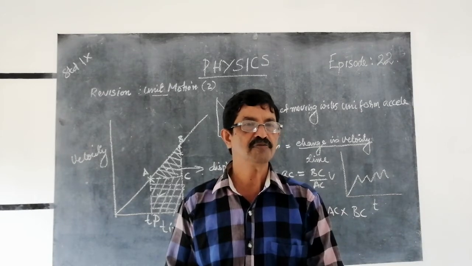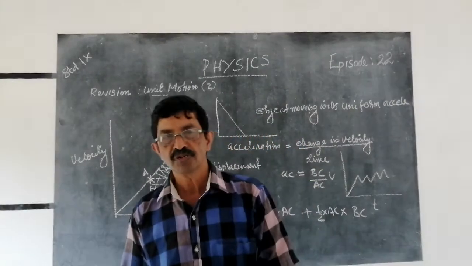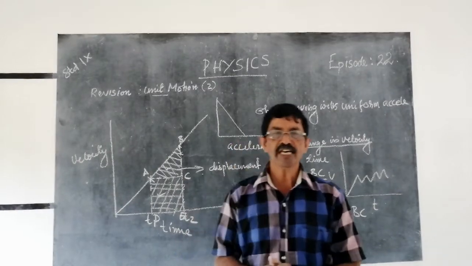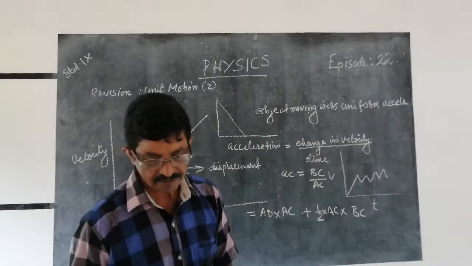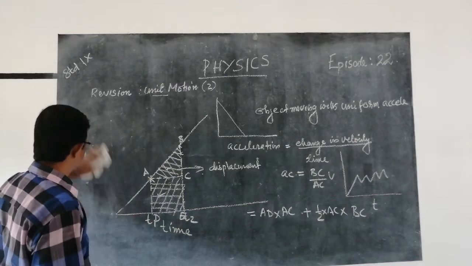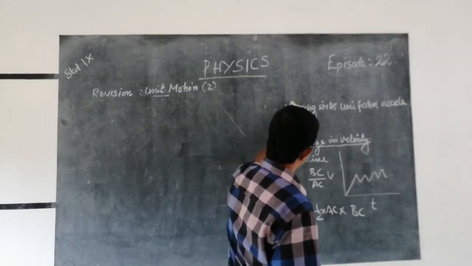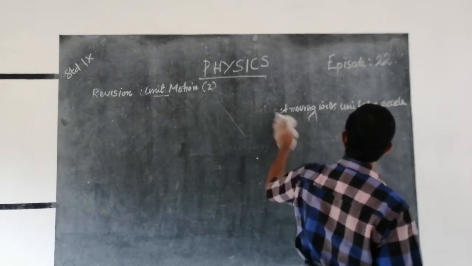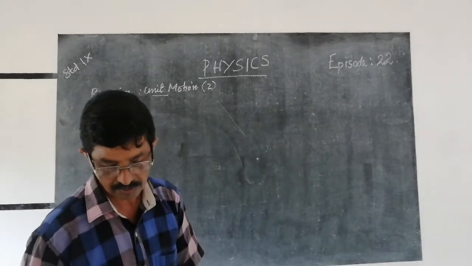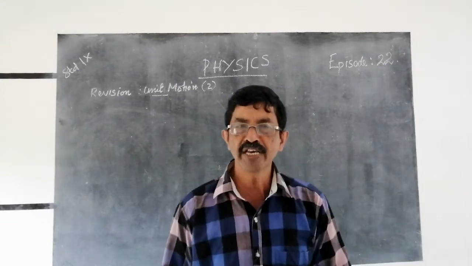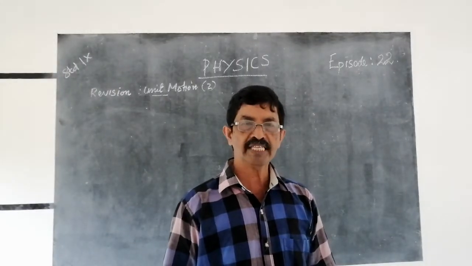We consider here what kind of graph? We consider a line graph. Now from this graph we can obtain some equations of motion. See, a body moving along a straight line with a uniform acceleration,